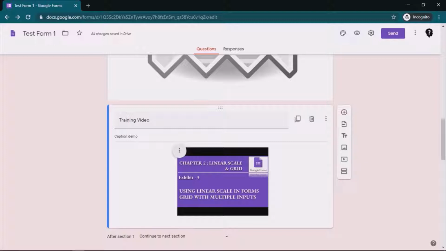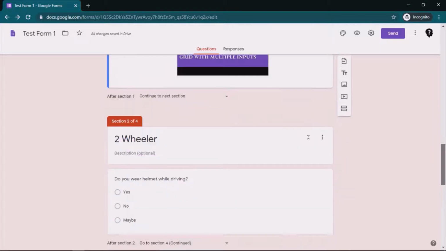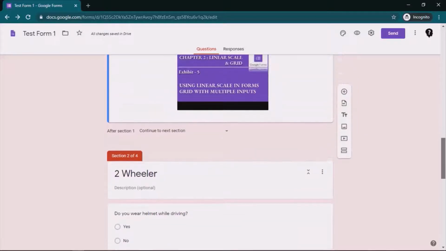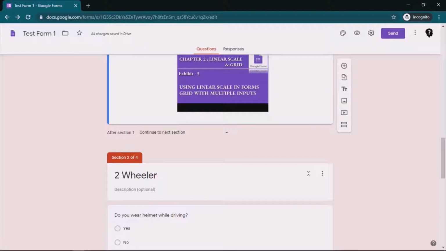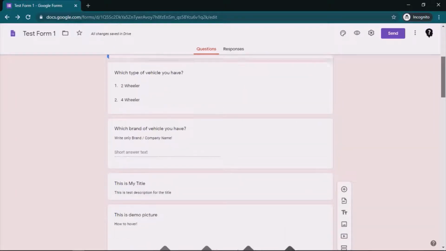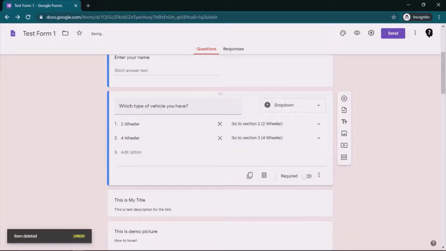Last is add section, which we have already seen while covering conditional types of questions. Let me recap it. It is nothing but this section we have. If I am here, I can add those sections. Before that, let me delete this flow of questions.